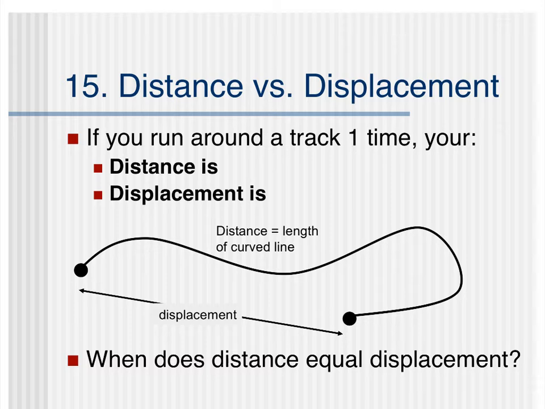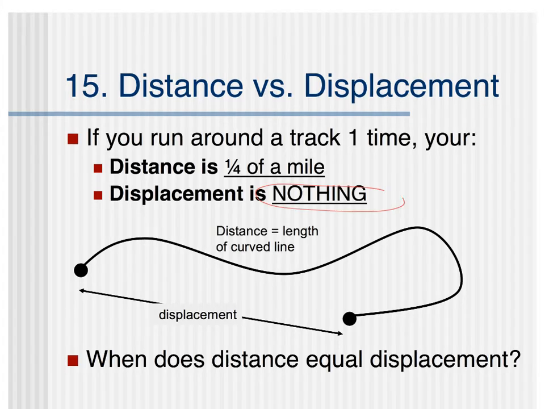You start at one part of the track, run one entire complete lap back to where you started. So what would your displacement be? Keep it in mind that displacement is how far you are from where you started. Your displacement is actually nothing, okay, because you start at one part of the track and you finish exactly where you started,